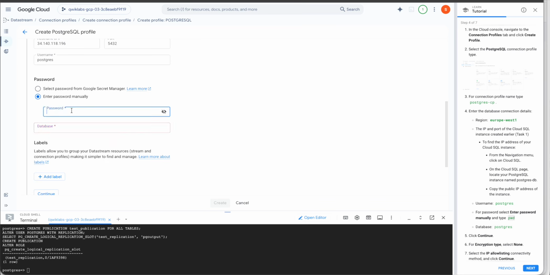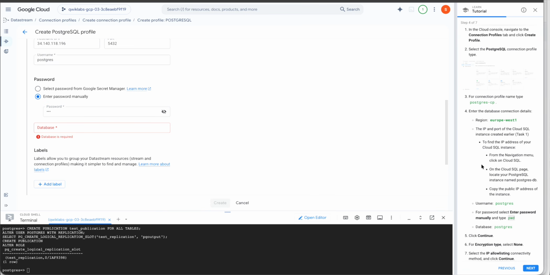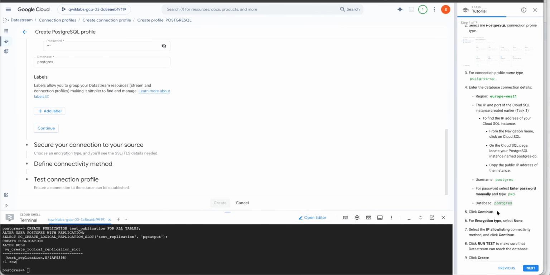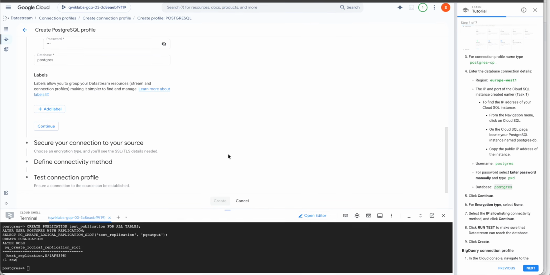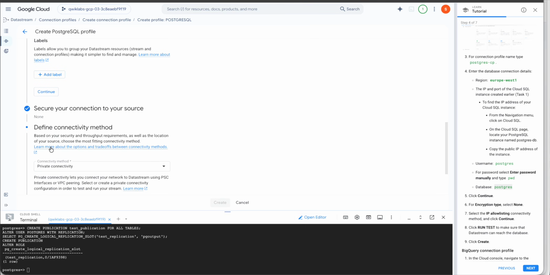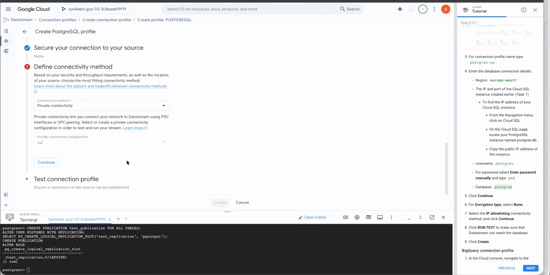Manually, pwd, and database is Postgres. Okay, nothing else, I think. Yeah, continue, nothing else. Encryption type,